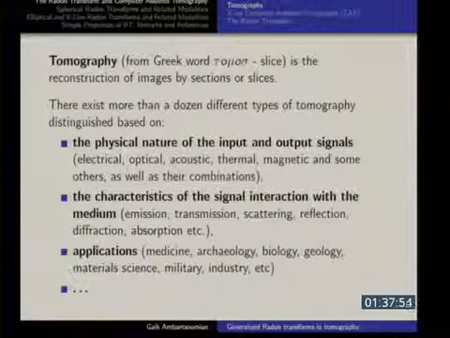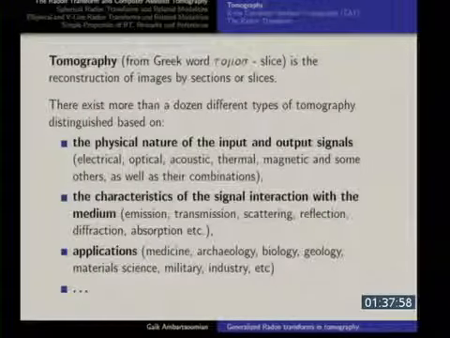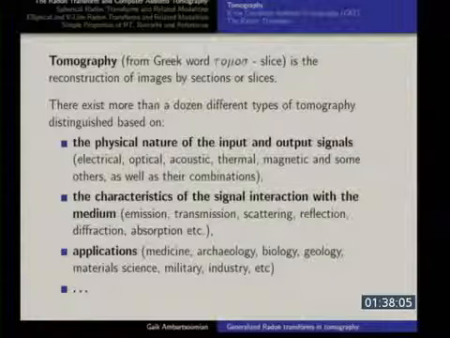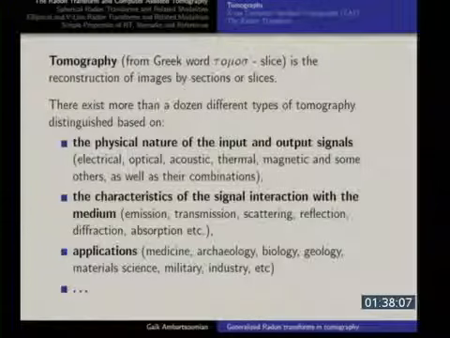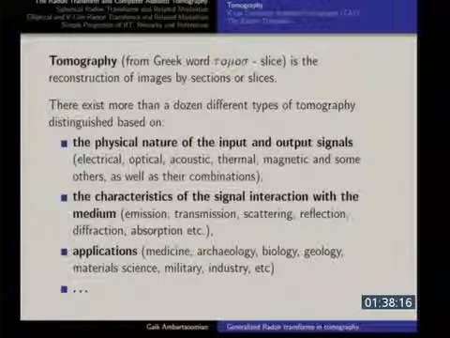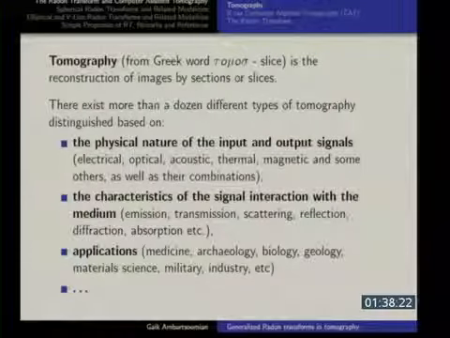So let's start with some vocabulary, some motivation. Tomography, of course, as any other word in science, comes from Greek words. Tomos in Greek means slice. Tomography is the science that reconstructs images by slices. Although there is something called fully 3D tomography, where people recover 3D images without doing slices, they visualize them by slices anyway, because on the computer you cannot see 3D unless you do slices. So even 3D tomography is called tomography, with the word slice.